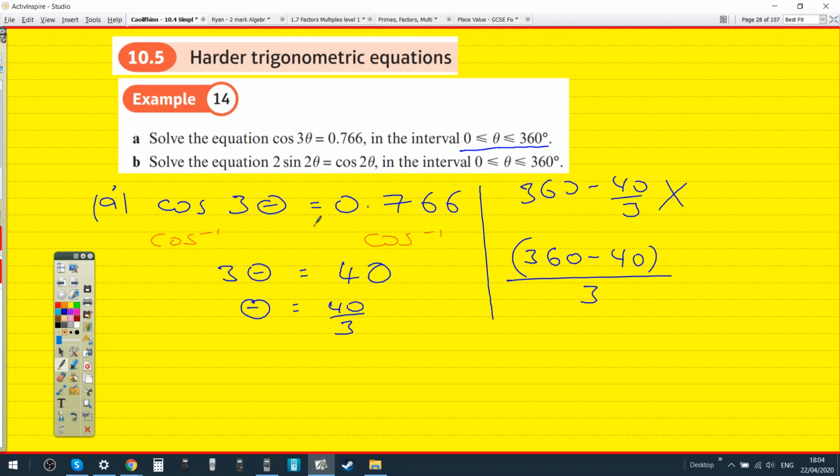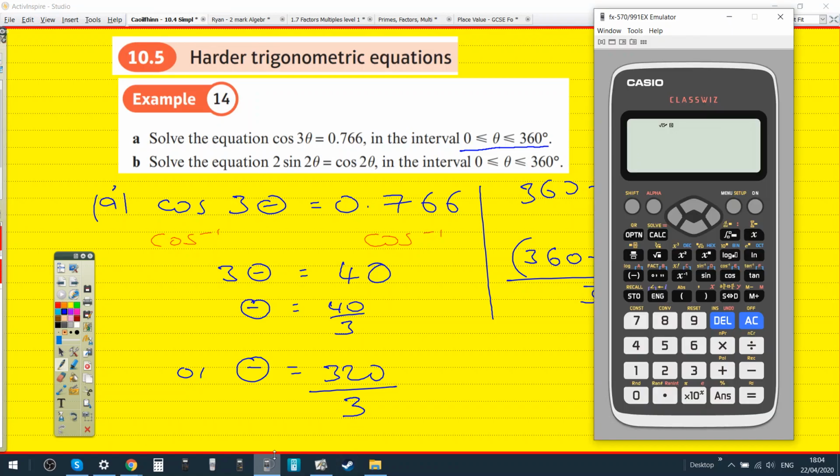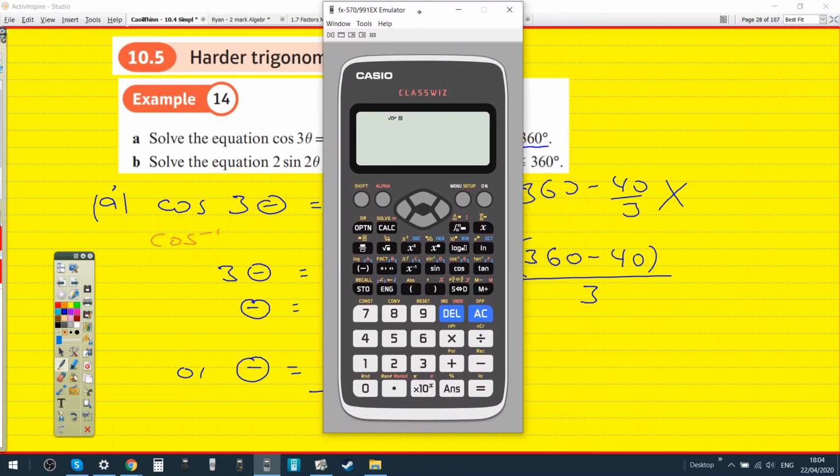Okay. I got 320 over 3. That's it, 320 over 3. And let me just see the wrong answer: 360 minus 40 over 3 would be 1040 over 3. And